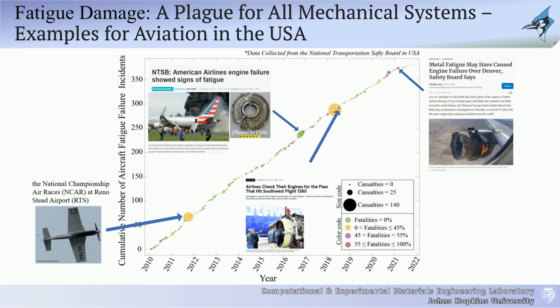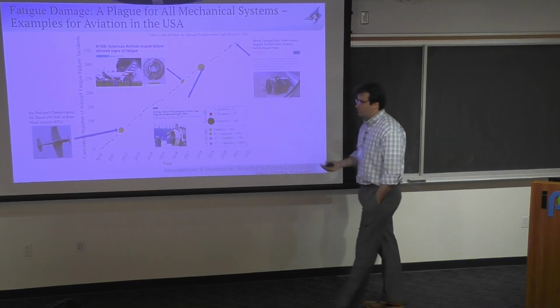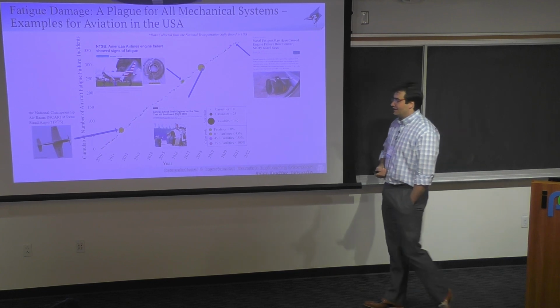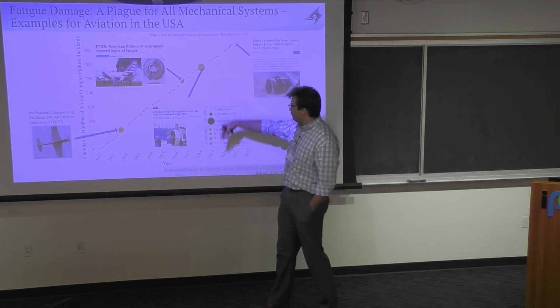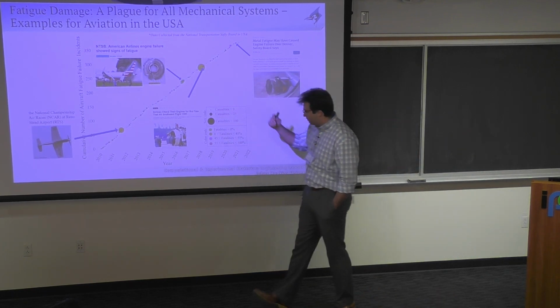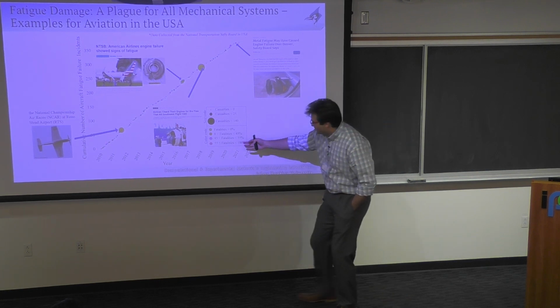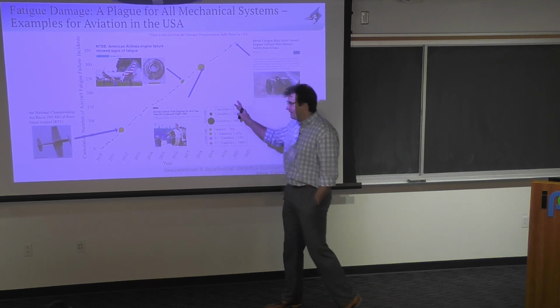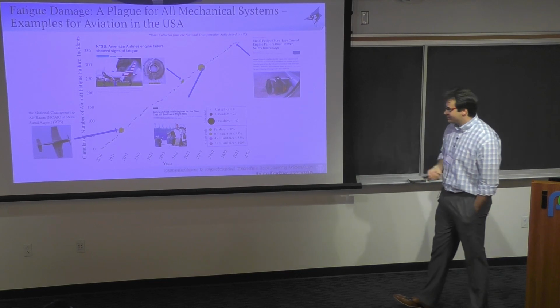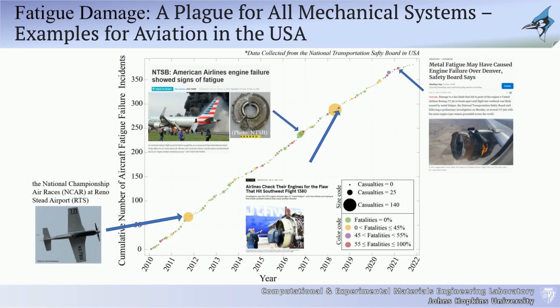So these are the fatigue events that happened over the last decade, and the size of each particle here represents the type of casualty or the number of casualties. The colors represent whether they're fatalities or not. Casualties might mean that someone just got injured. And you can see that these are four classical examples of instances that happened, and all of them are basically related to fatigue failure. And it's a very important topic, right? And it's a very, very classical problem.